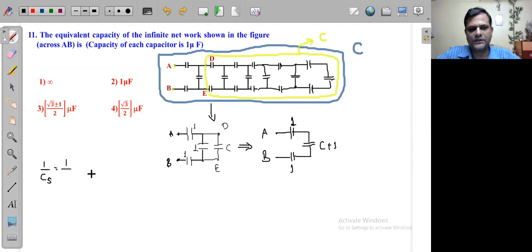capacitor, which is 1 here, plus 1 upon this another one, which is C plus 1 here, and this third one is going to be again 1 upon 1. Okay, and now if we just try to solve this equation, then just remember that this CS is also going to be same as C only, because ये जो पूरा infinite chain है, इस पूरे सिस्टम का जो इक्विवेलेंट कैपेसिटेंस है